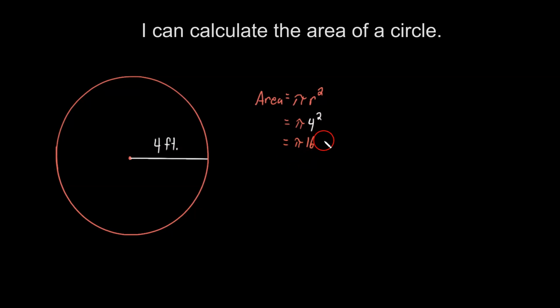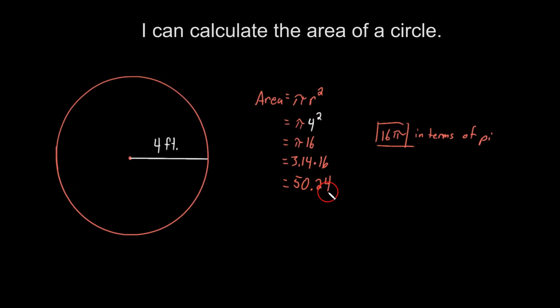So if we wanted to leave this in terms of pi, it would be 16 pi. If we were looking for the answer just in terms of pi, we just leave it right here as 16 pi. However, let's go ahead and round our answer off. So we know pi is equal to roughly 3.14, which is what we are going to use in 7th grade math. 3.14 times 16, and that is going to give us